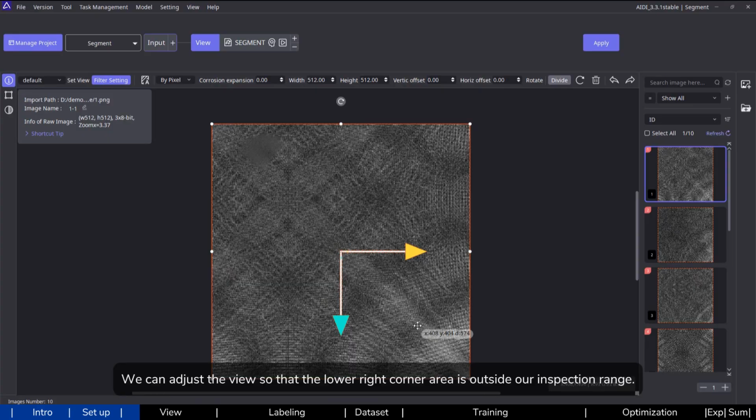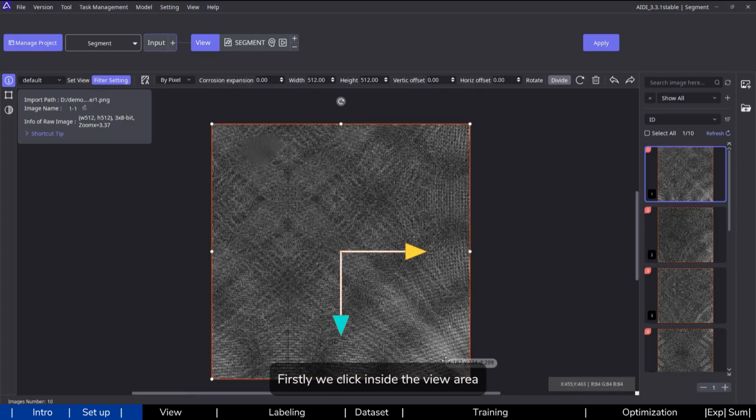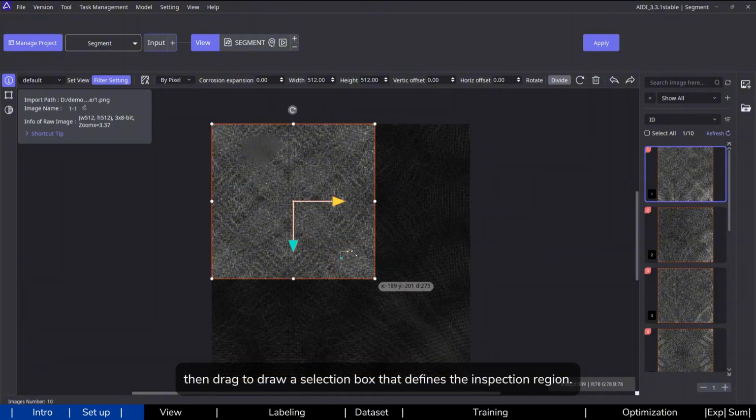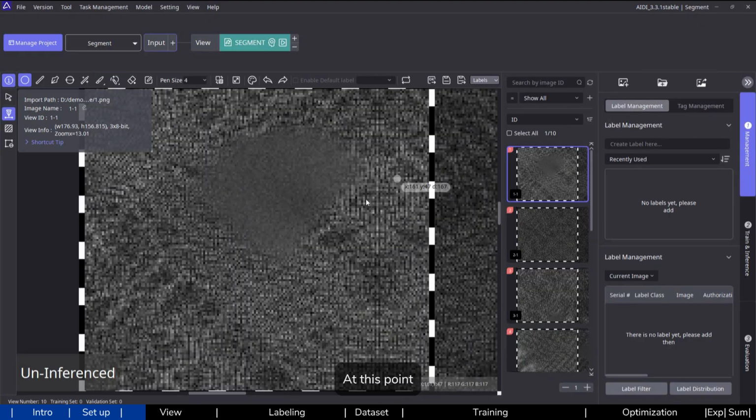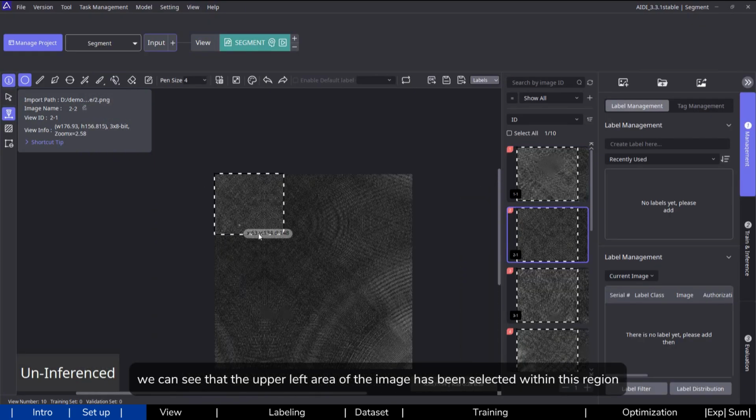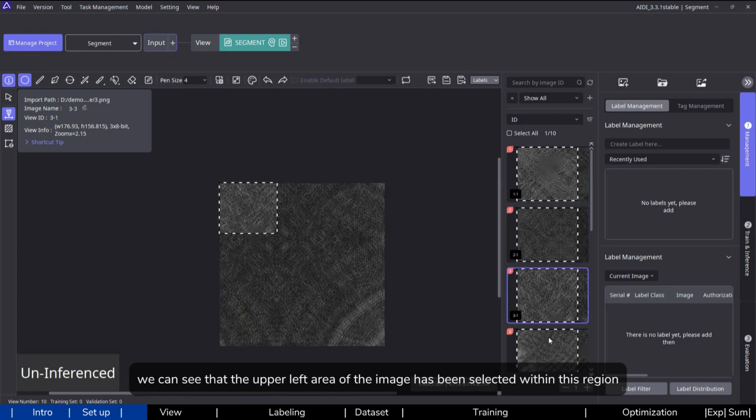We can adjust the view so that the lower right corner area is outside our inspection range. Firstly, we click inside the view area, then drag to draw a selection box that defines the inspection region. After selecting the desired area, click Apply. At this point, we can see that the upper left area of the image has been selected within this region,